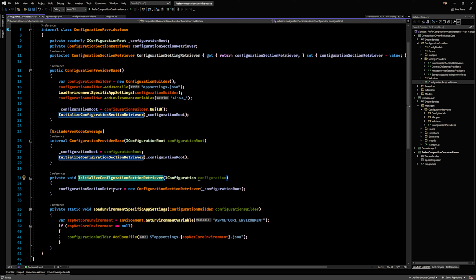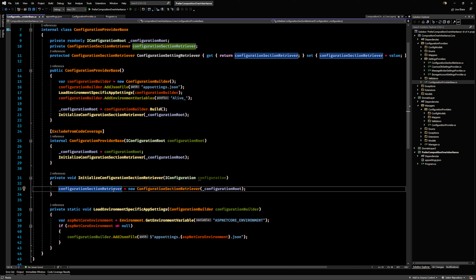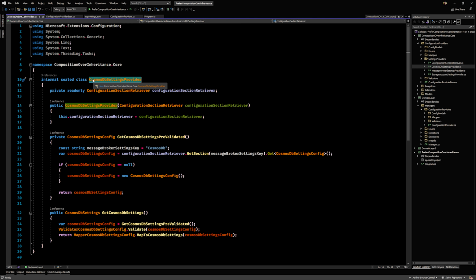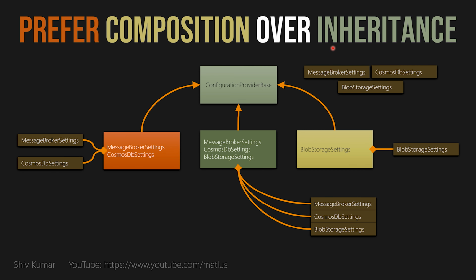So we have the configuration section retriever, and the descendant classes don't use this directly, but the classes that implement the settings do. So here's the Cosmos DB settings provider. So this is that one class. If you look at the slides here, Cosmos DB settings provider.